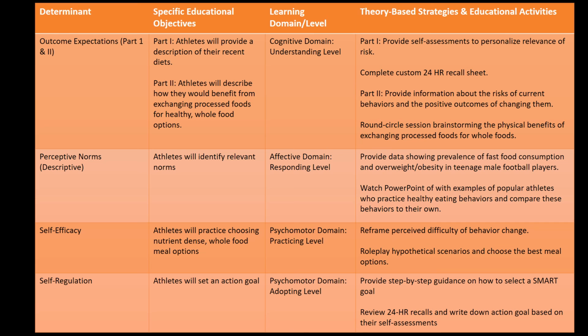Moving on to the self-efficacy determinant, which is part of the psychomotor domain of the practicing level. The objective will be for the athletes to participate in choosing nutrient-dense, whole food options over processed food options. And the strategy is to reframe their perceived difficulty of behavior change to make them feel more confident in their